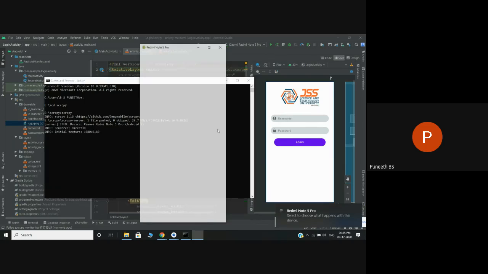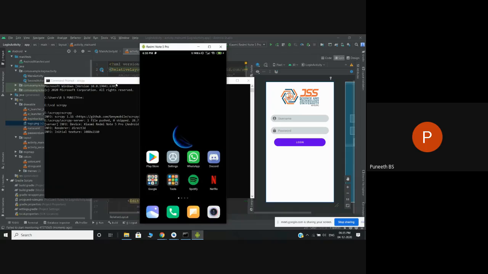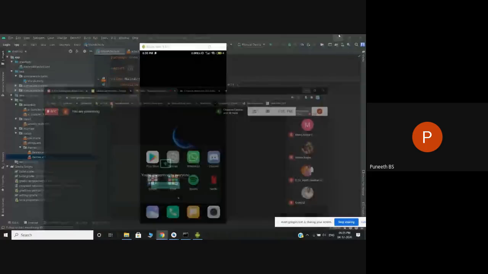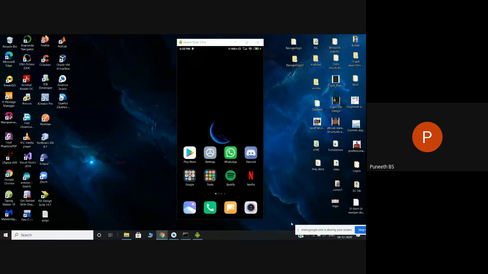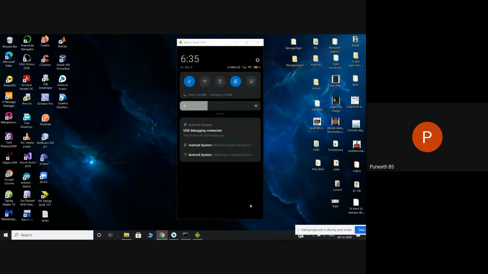Okay. So it's connected to my mobile. Okay, so this is not an emulator. This is my mobile. Actually, I'm casting it on my laptop screen. That's it. So don't confuse it that I'm running an emulator. So what you must do is first, whenever